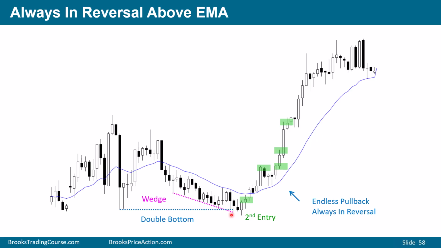Even though it is a small pullback sell-off, look to the left. Just because it's in a tight bear channel and you have a lot of bars below the moving average, if you look to the left and you see important support, such as this blue line, you know there's added risk that this could in fact be a double bottom that leads to a reversal. The bears will exit above a second entry, such as this bar. A lot of bears may exit above this bar right here and not sell again on the way down. In either event, more bears will exit above this bar and bulls will begin to buy.